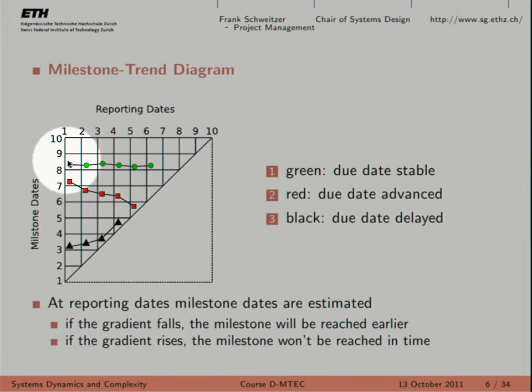Let's look at the green milestone. So in the beginning of your project, you ask the project team, how long is it going to take you to complete the green milestone? And then they say, well, it's going to take me 8 months after the beginning of the project. So if this is January, then 8 months would be August. Then you say, okay, fine, you record that as a point. 1 month later, you ask the project team again, how long is it going to take you now? You've been already 1 month into the project. And they tell you again, well, it's going to take me 8 months. I will finish again in August.